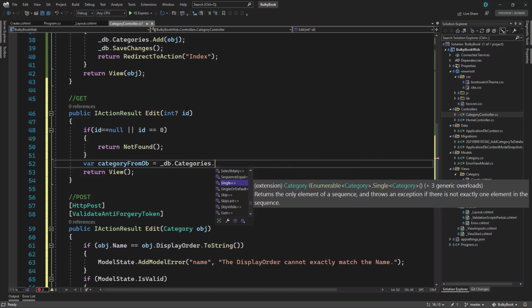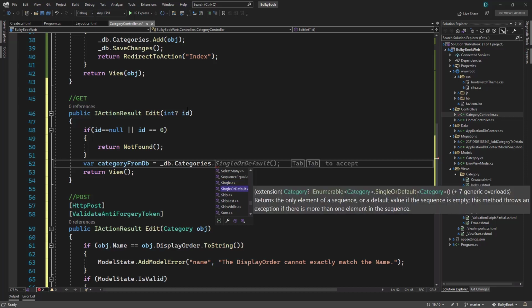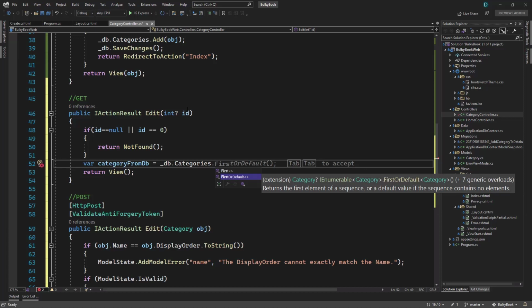Similarly, we have single. The difference between single and single or default is single will throw an exception if no elements are found for that ID, but single or default will just return empty if there are no elements. So default will not throw exception if the element is not found. Similar to single or default, we also have first and first or default. The difference between single or default and first or default is that single or default will throw an exception if there are more than one elements. First or default will not throw an exception, it will return the first element of the list. So if more than one elements are found, first or default will return one element, single or default will throw